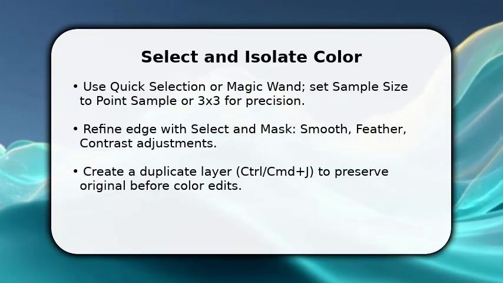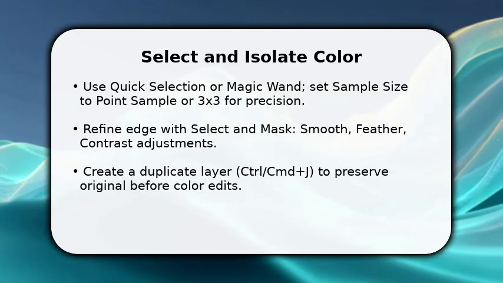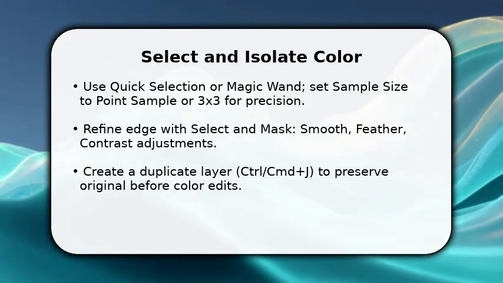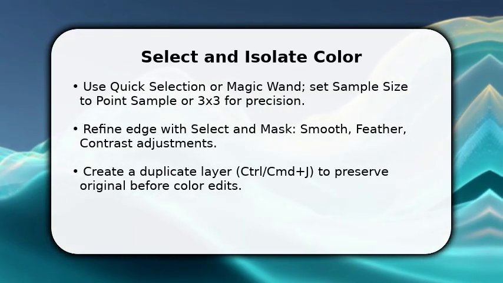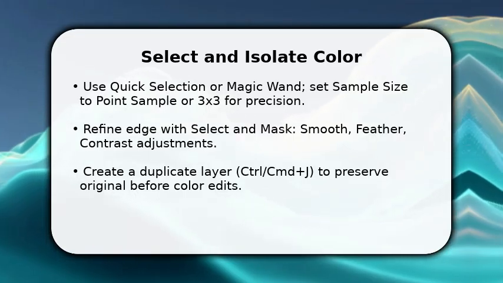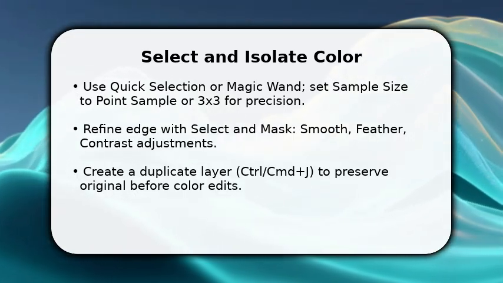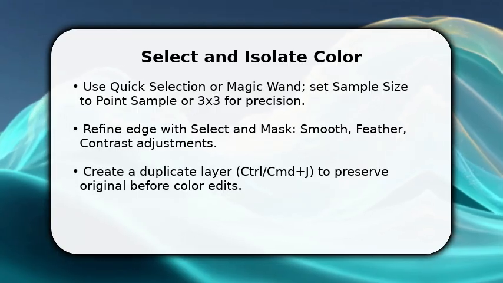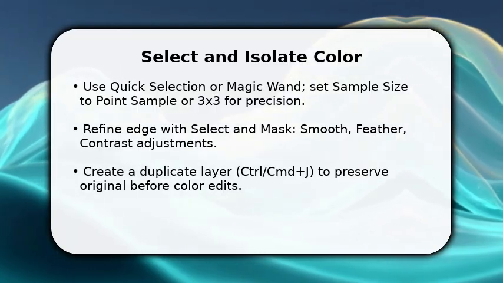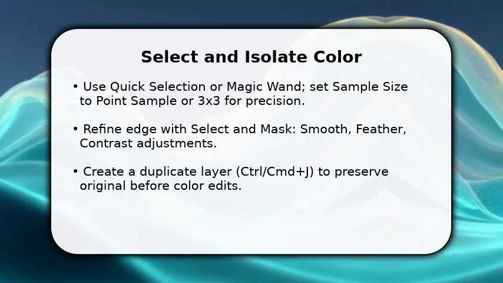You begin by selecting the color you want to change. Use the Quick Selection tool or magic wand and sample the area. Increase tolerance for wider ranges or lower it for precision. Once you have a rough selection, click Select and Mask to refine edges, smooth, feather, and adjust contrast until edges